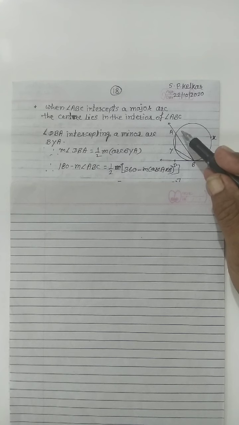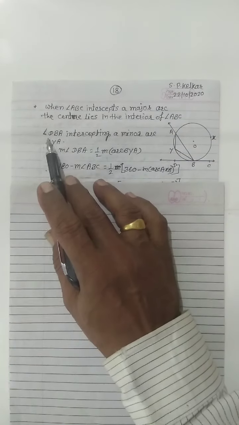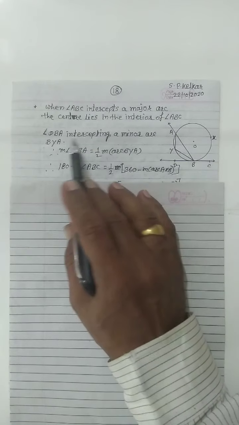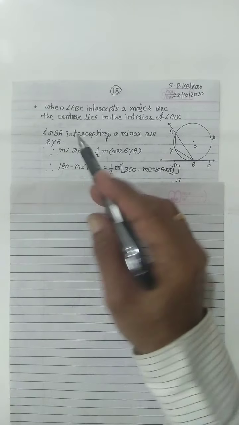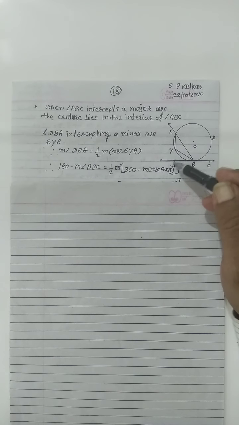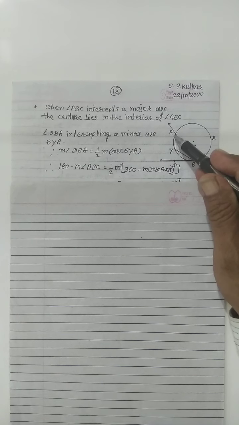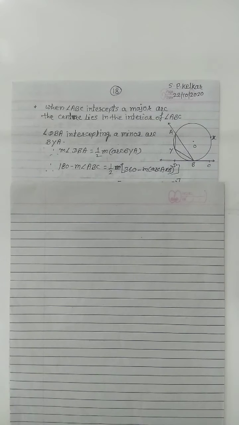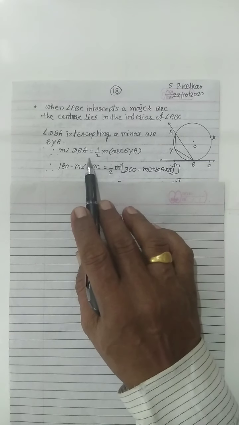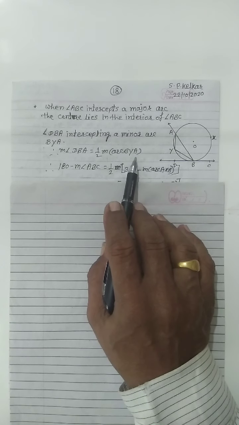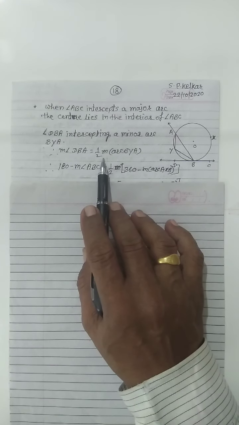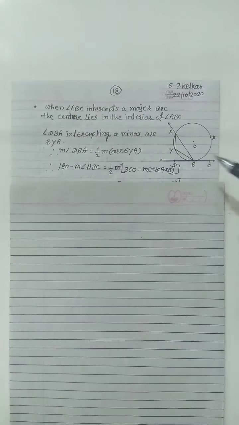BXA, and the angle DBA intercepts the minor arc BYA. See, the angle ABD or DBA intercepts this minor arc, and this angle ABC intercepts this major arc. Now we write down measure of angle DBA equal to 1 by 2 measure of arc BYA, which means the measure of this angle equals 1 by 2 the measure of this intercepted arc